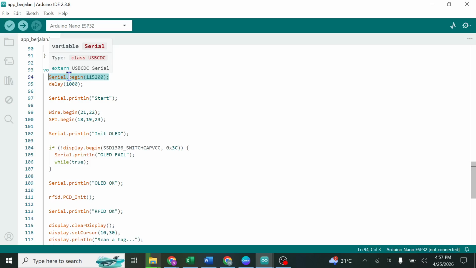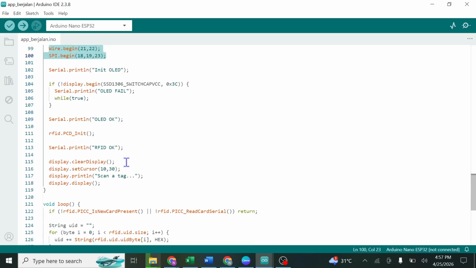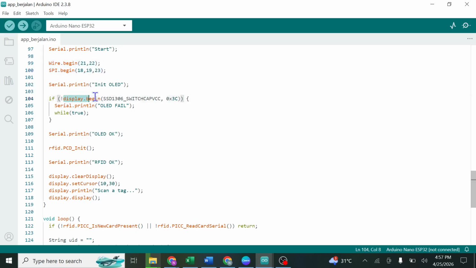Wire.begin and SPI.begin start I2C communication for the OLED and SPI communication for the RFID. display.begin initializes the OLED display, and if it fails, the program stops.